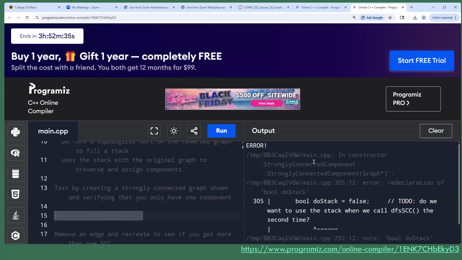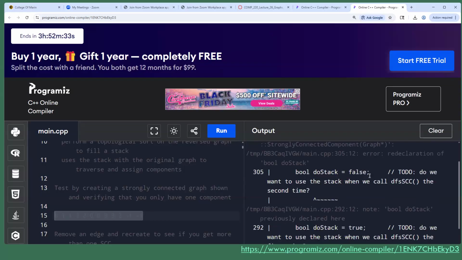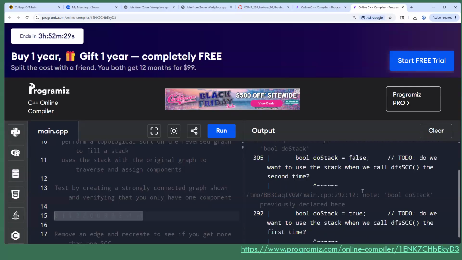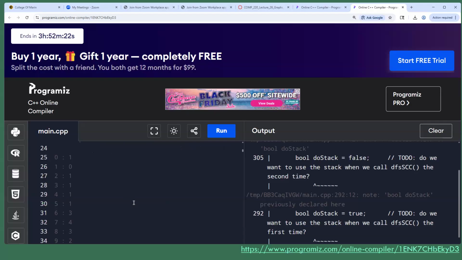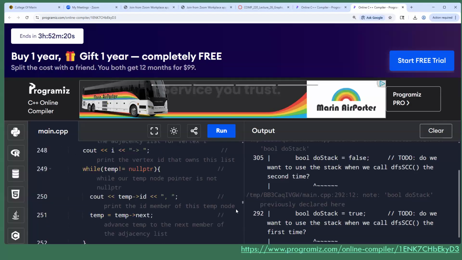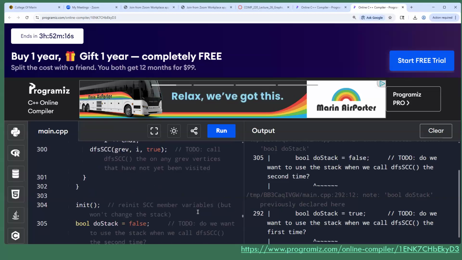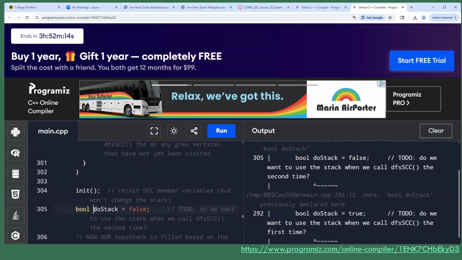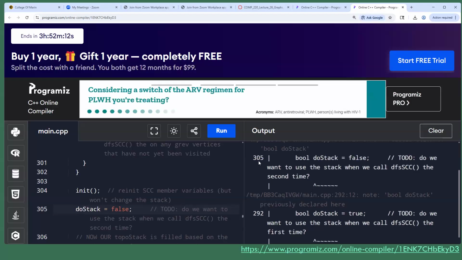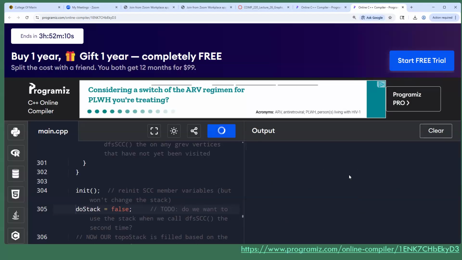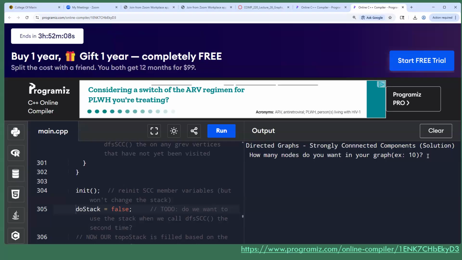So let's run it. Yep. Boolean stack false. What did I do wrong? Note bool stack previously declared. Oh, I think I redeclared something on 305. Sorry, I'm gonna get something wrong. 305. So this has already been declared, so I don't need to redeclare that again. Okay, there we go. All right, put in a graph,